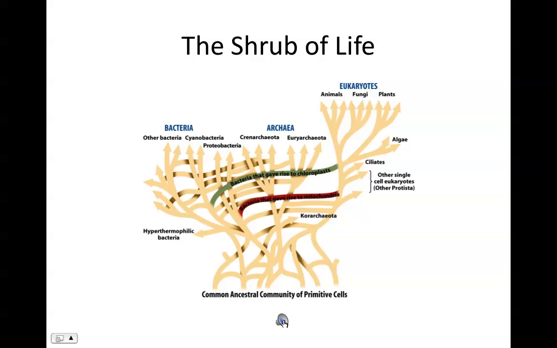In this chapter in this textbook, the author goes to quite an extent describing the interrelatedness of organisms and the fact that we really don't have a tree of life. More accurately, if we wanted to describe where cells came from, where different kinds of organisms probably emerged, it is essentially a shrub of life. We have quite a bit of exchange of genetic material among the different kinds of organisms over the billions of years it took for cells to evolve on Earth.